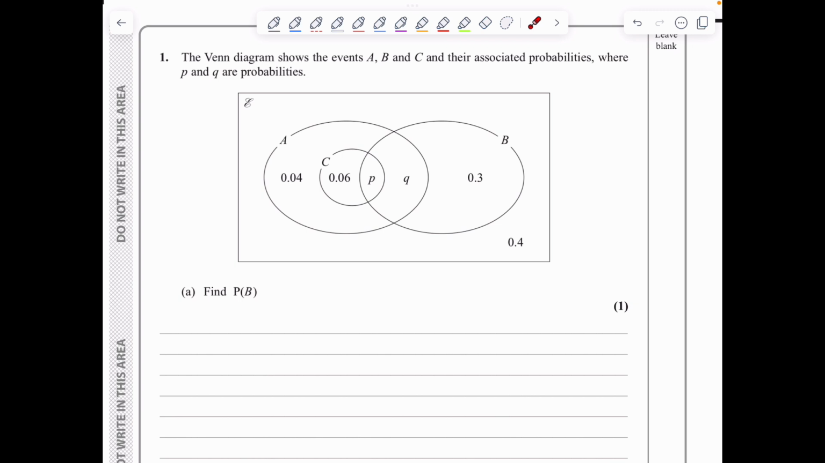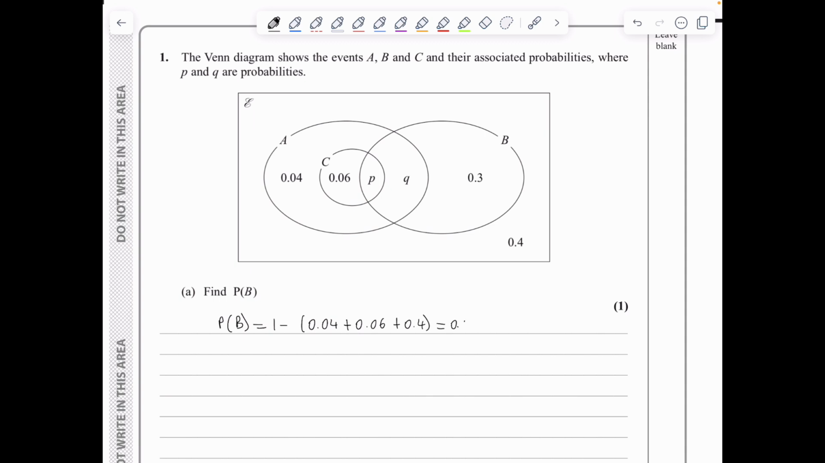In question 1, we've got the Venn diagram here with A, B, C and their associated probabilities, and we need to determine the probability of B. Well, the probability of B is all of these, so it could be P plus Q plus 0.3, or I could simply say it's 1 minus everything outside of B, so the 0.04, the 0.06 and the 0.4, and therefore we simply state that the probability of B is 1 minus (0.04 plus 0.06 plus 0.4), which gives an answer